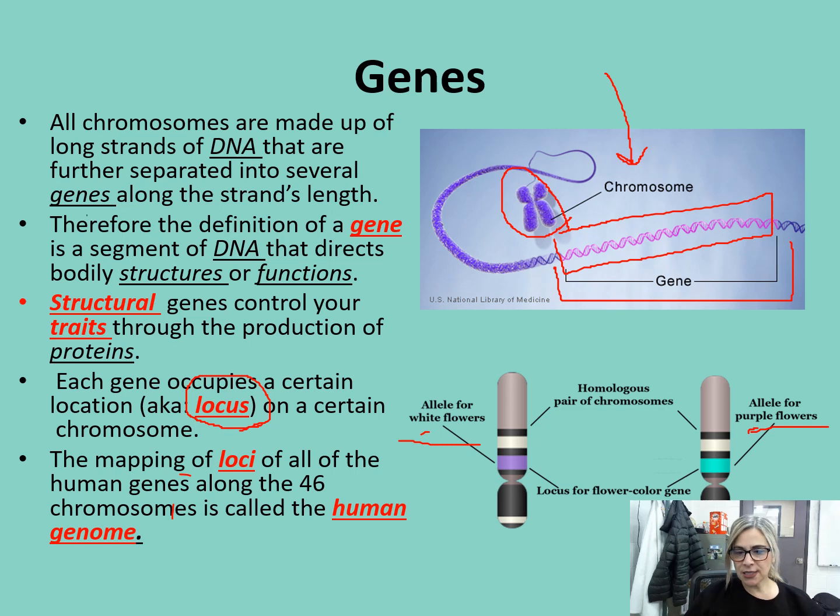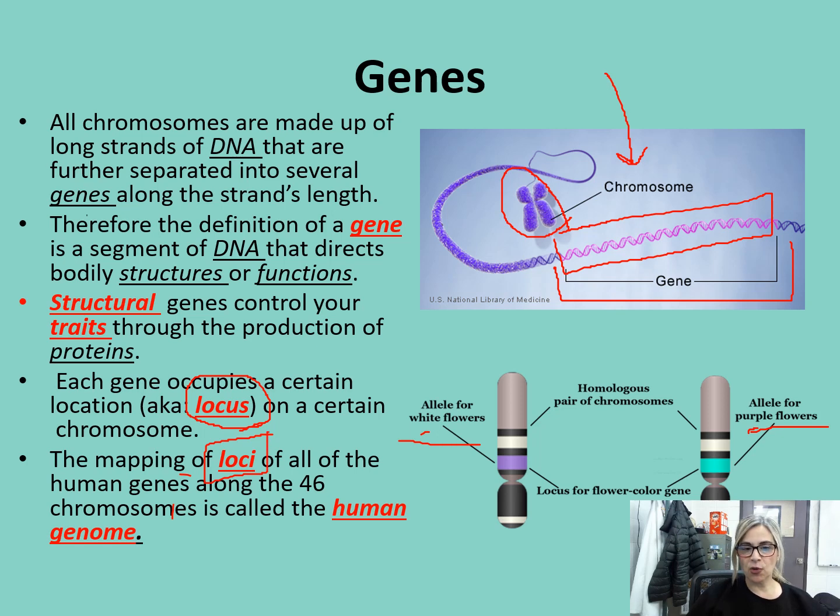So the locus of flower color is the same on each of those chromosomes. Now, the color that the flower actually is different, okay, but the location of the gene for flower color is found on the same chromosome for that particular species of plant, okay? So when we talk about plural, as opposed to singular,